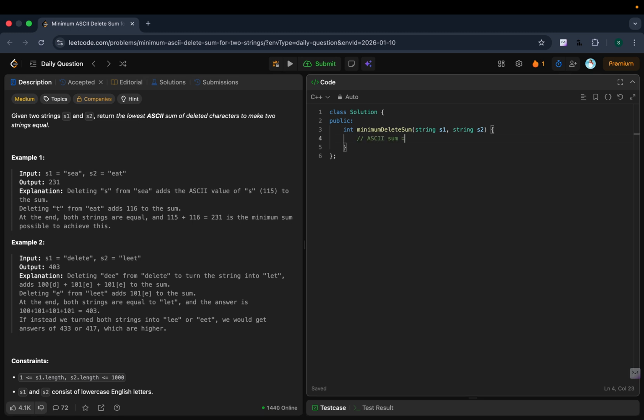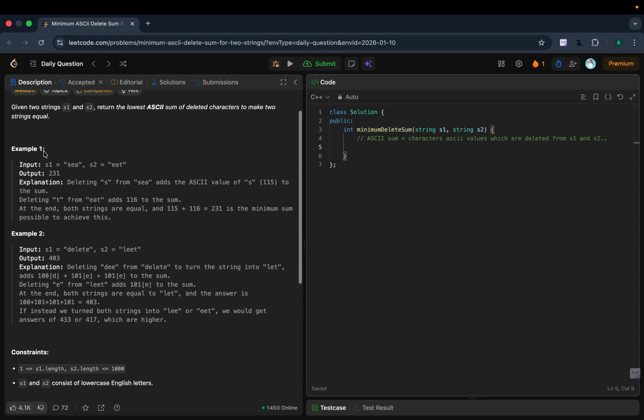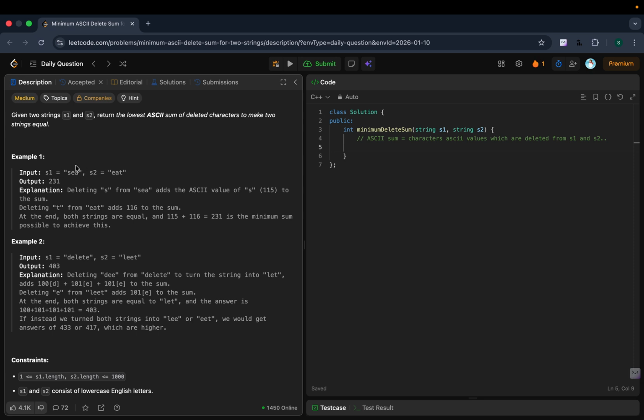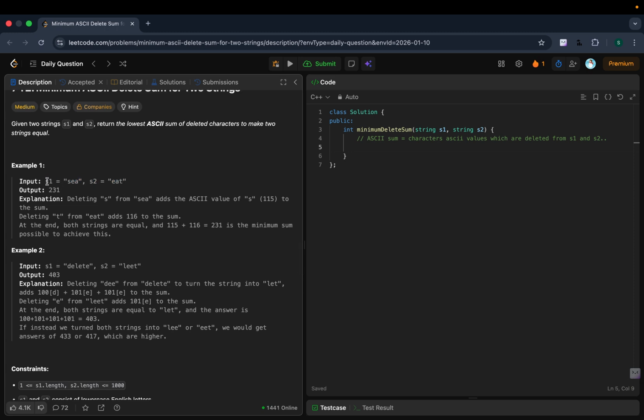ASCII sum is the characters' ASCII values which are deleted from s1 and s2. Okay, we are given s1 and s2 and we have to delete some characters from s1 and some characters from s2 such that both s1 and s2 become equal strings and the sum of those deleted characters' ASCII values is minimum possible. Okay, so we have to find such